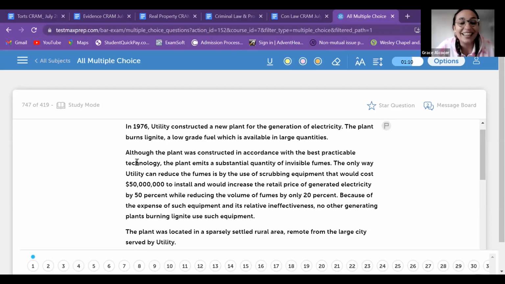In 1976, a utility constructed a new plant for the generation of electricity. The plant burns lignite, a low-grade fuel which is available in large quantities. Although the plant was constructed in accordance with the best practicable technology, the plant emits a substantial quantity of invisible fumes. The only way the utility can reduce the fumes is by the use of scrubbing equipment